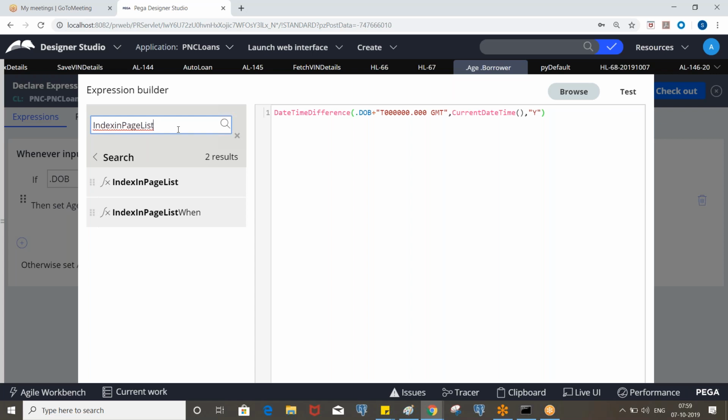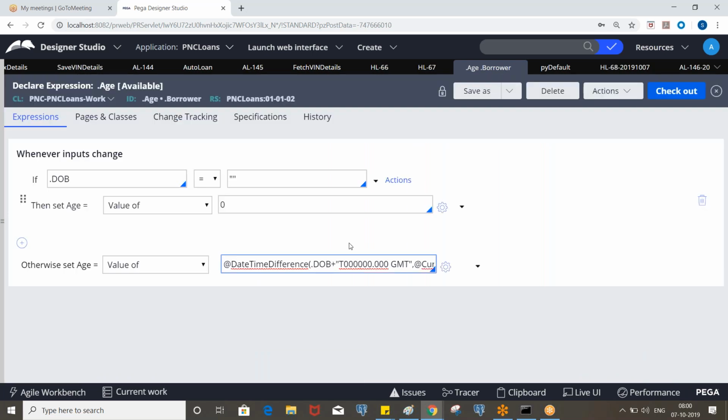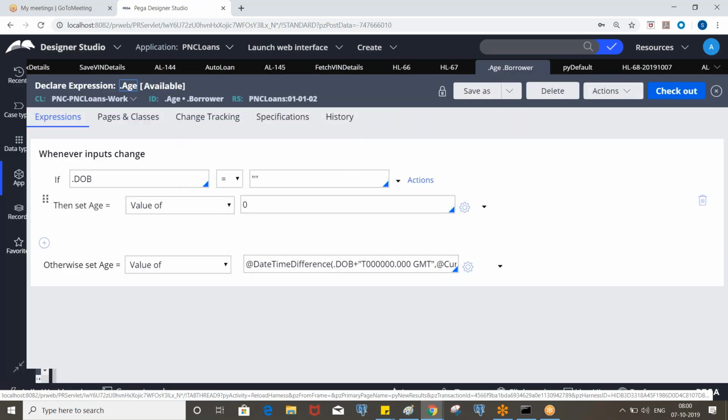Index is like, let's say, 1, 2, 3, 4, page 1, page 2, 3. That will return that corresponding number. Okay. So we'll work on a few more methods going forward. Any questions?